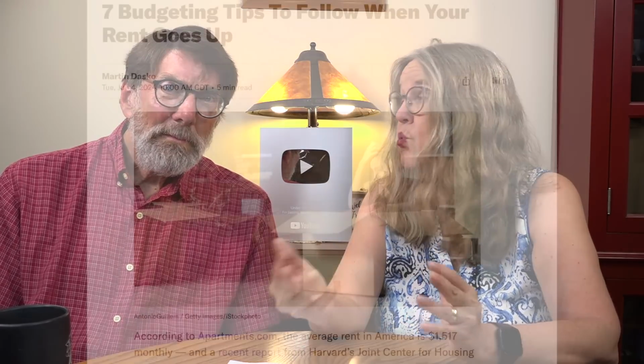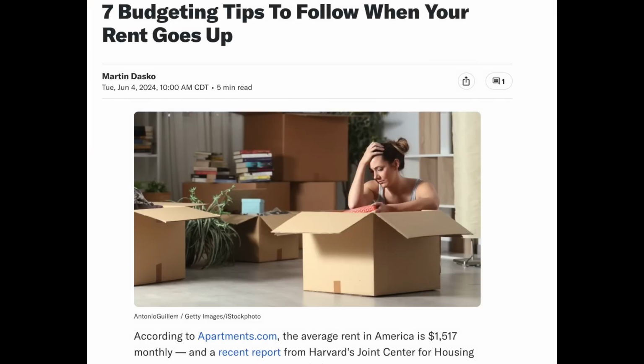A recent article on Yahoo Finance revealed that the average rent in the United States of America is just over $1,500 a month. Not only that, 50% of Americans who rent are finding it really difficult to keep up with the increases in rent. Now, we were quoted substantially in that article,